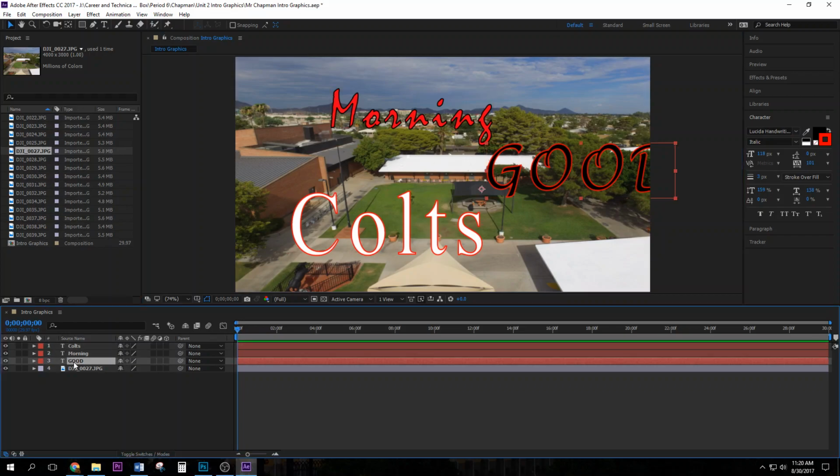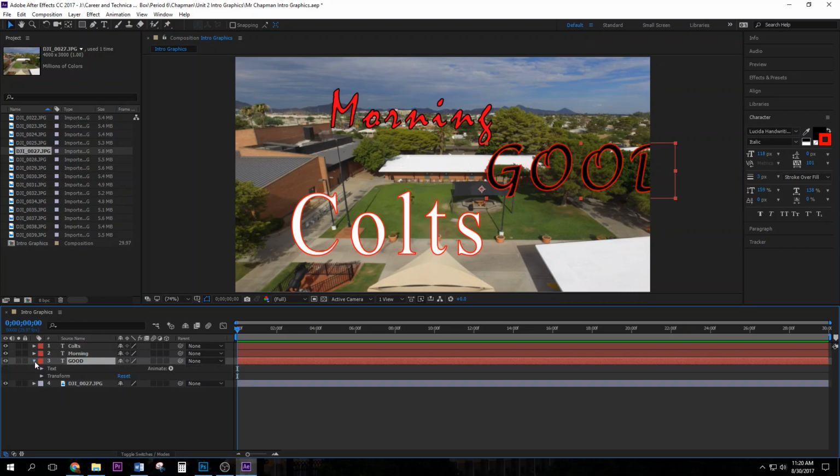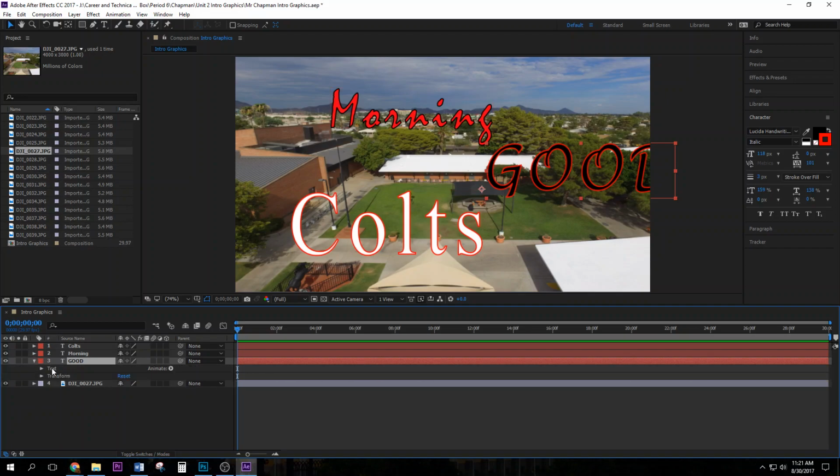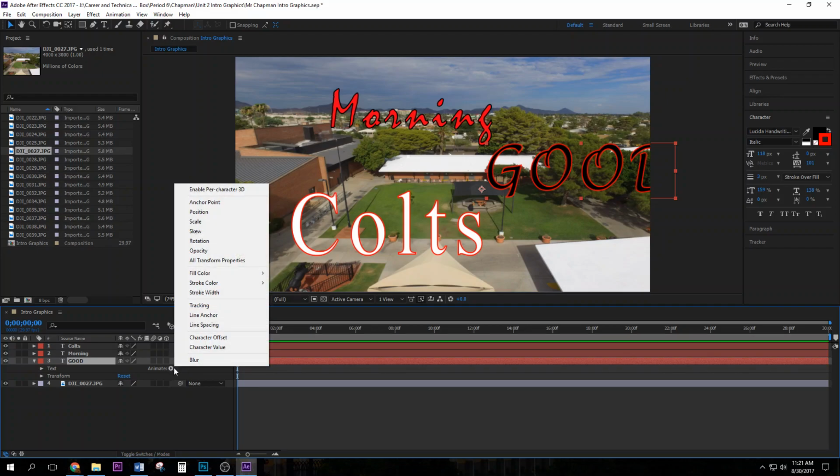So we're going to click on good first. I'm going to twirl down this triangle right there by clicking on it, and it gives me these options. So clicking on the sideways triangle and making it point down brings down these other options. Anything that has that triangle has other options underneath it. All right, so now I'm going to click on the word, see here it says animate. I'm going to click on the triangle right there, the circle triangle,